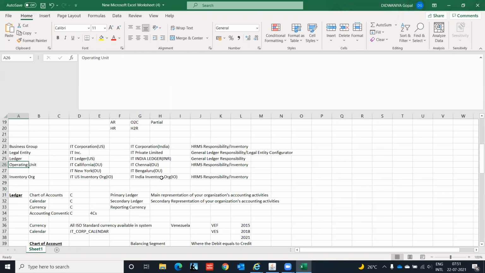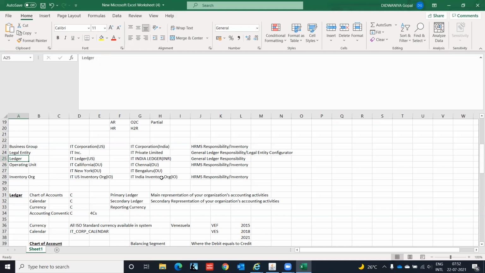When you do the setup of operating unit, you assign the legal entity and business group to them. And ledger, at the time of doing accounting setup, operating unit is attached to the ledger. And inventory organization, when you do the setup, at the time of accounting parameters you have to assign the operating unit and ledger for this inventory. So these all are tightly integrated.